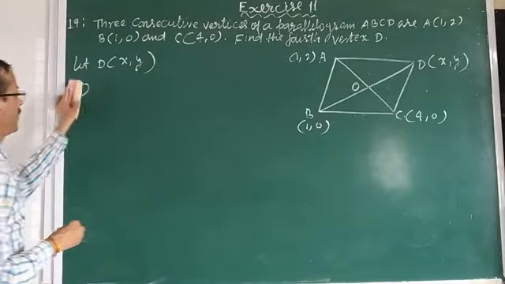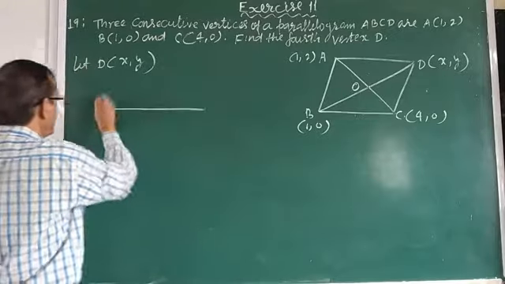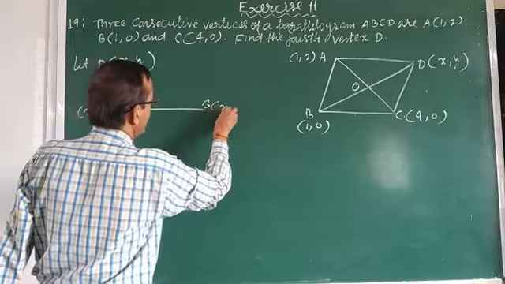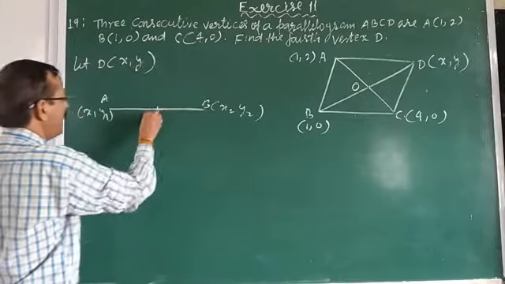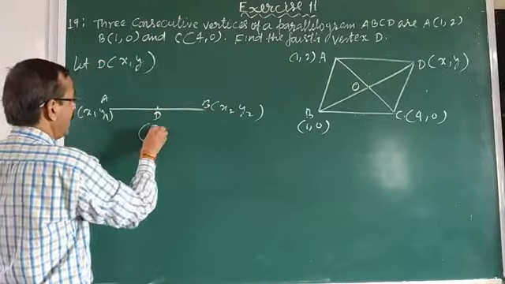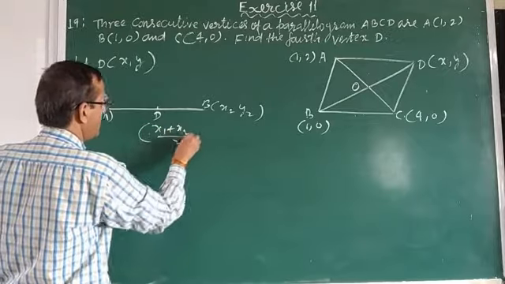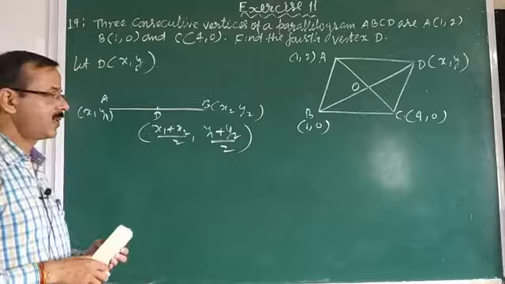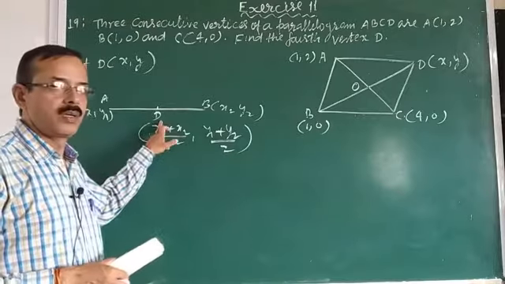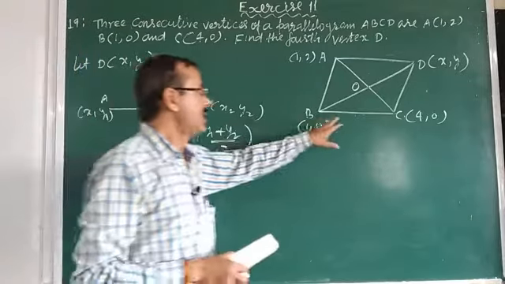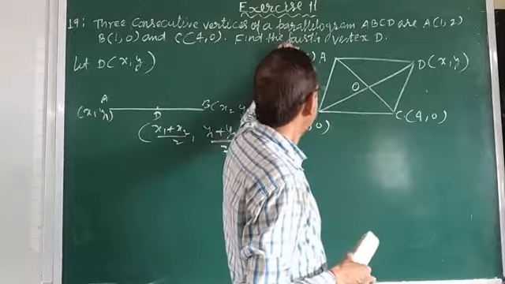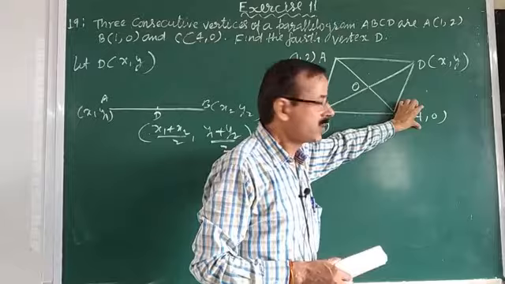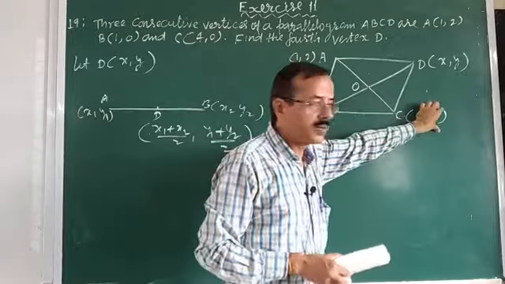What is the formula for the midpoint? As you know, for (x1, y1) and (x2, y2), to find the midpoint the formula is (x1 plus x2) upon 2, (y1 plus y2) upon 2. We apply this formula to find the midpoint. ठीक है, यहाँ भी इसी तरह से लगाना midpoint के लिए. Suppose this is (x1, y1), (x2, y2).